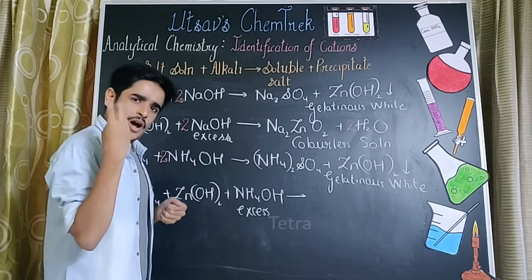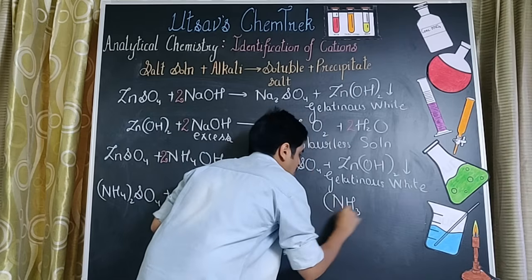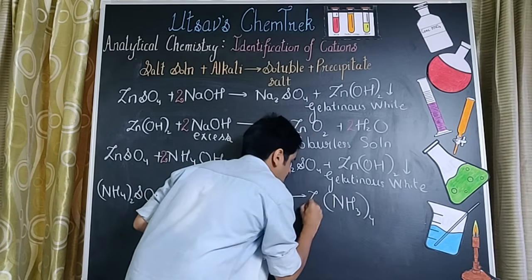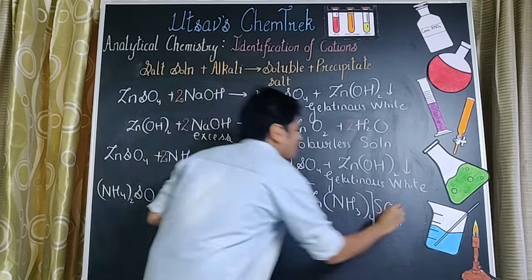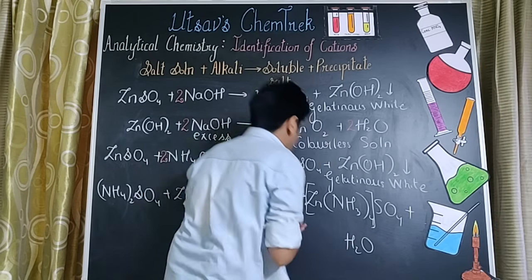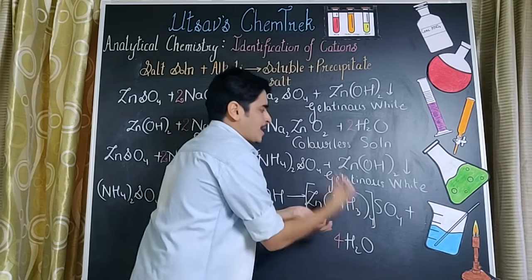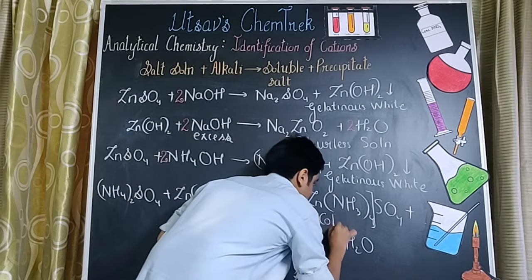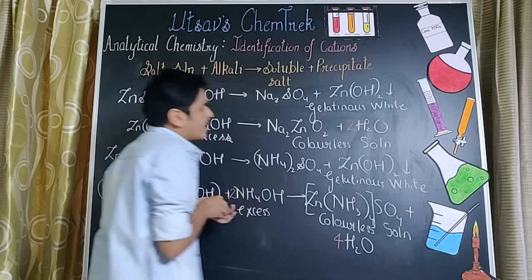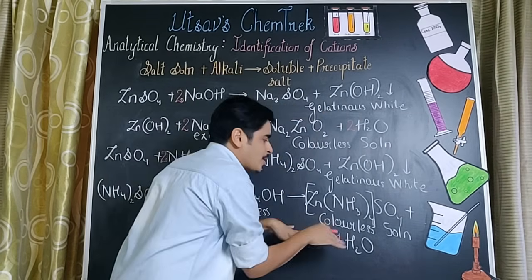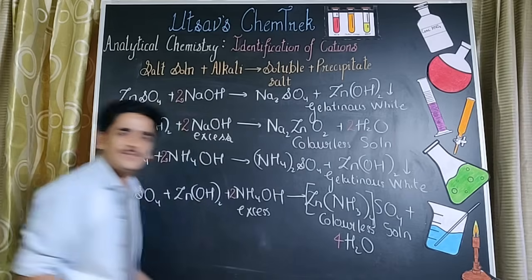Now what I am going to do is tetraammine zinc sulfate. अमाइन ग्रुप मैंने तुम्हें बताया था कि वो होता है NH3. टेट्रा मतलब 4, सो टेट्राअमाइन जिंक सल्फेट. ब्रैकेट में डाल देते हैं. And I am going to get the formation of water. फटाफट बैलेंस करते हैं. 2NH4OH, 4 of H2O. सॉल्ट है, पूरी तरीके से पानी में डिसॉल्व हो गया. Again it's going to give me a colorless solution. And that's the amazing fact about zinc. ये इकलौता ऐसा मेटालिक सॉल्ट है जिसका प्रेसिपिटेट सोडियम हाइड्रोक्साइड और अमोनियम हाइड्रोक्साइड दोनों में पूरी तरीके से डिसॉल्व हो जाता है. And now it's time for you all to take a snapshot.